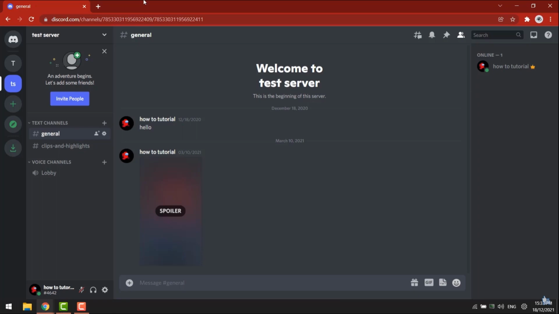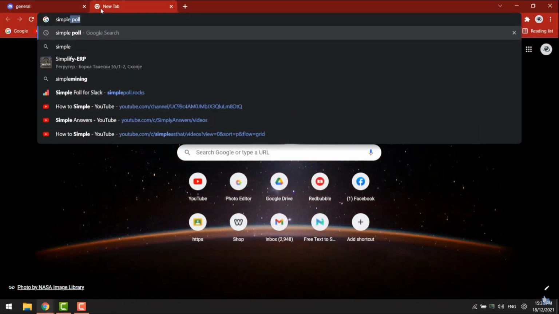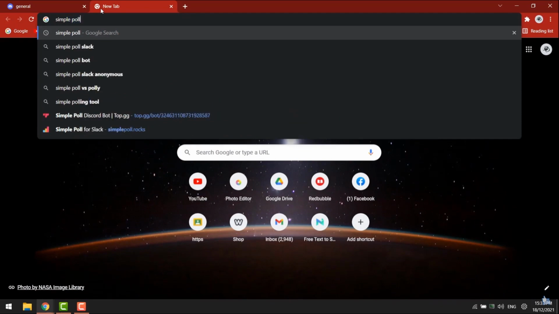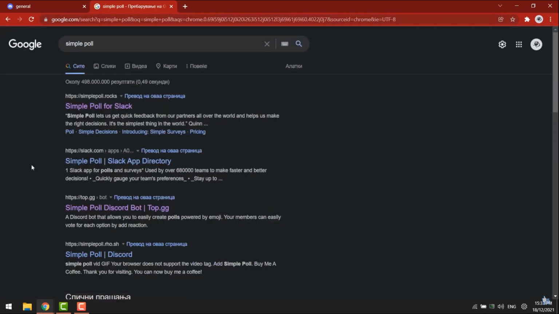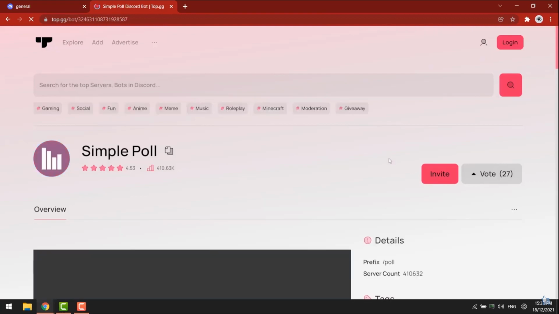Okay, so first, let's open up a new tab and type in simple poll. Okay, so here click on Simple Poll Discord bot. From here, it is going to take you to top.gg, and from this one, you can click on